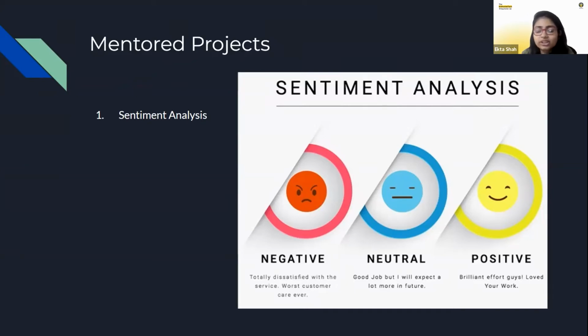That's more like neutral, not even positive, not even negative. That could also be one of the sentiments, right? So that is what is neutral. So positive, negative, and neutral. These are the three different categories that you would have in your sentiment analysis in a typical scenario whenever you're talking about a sentiment analysis problem.